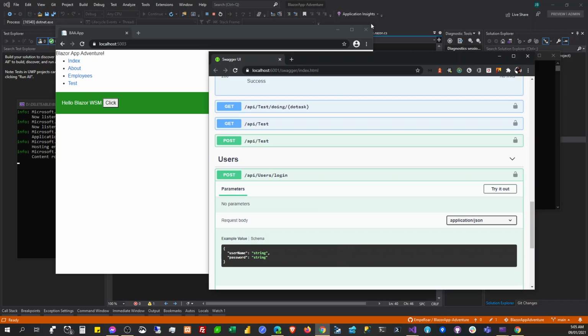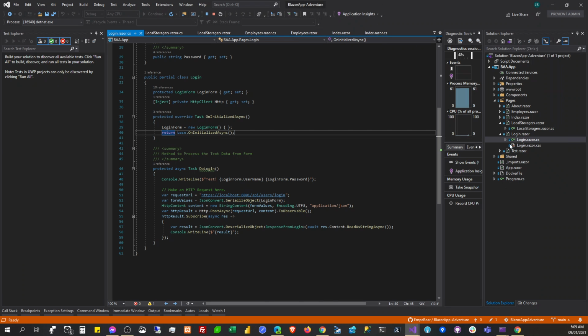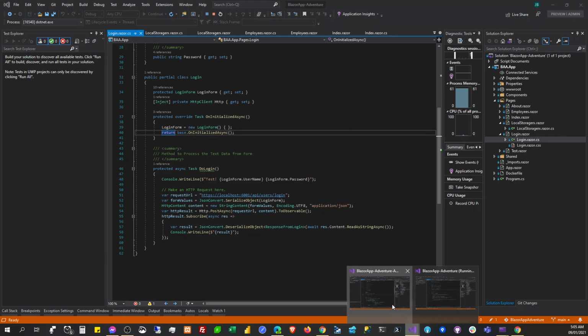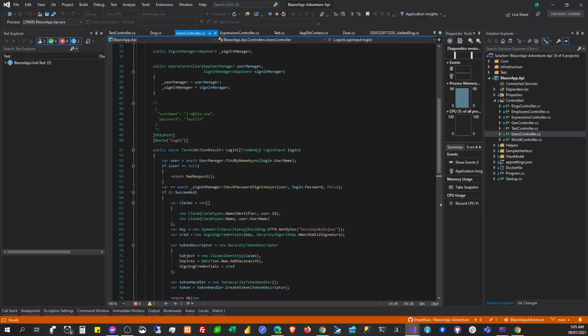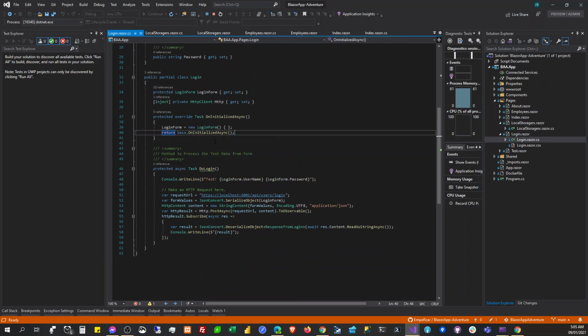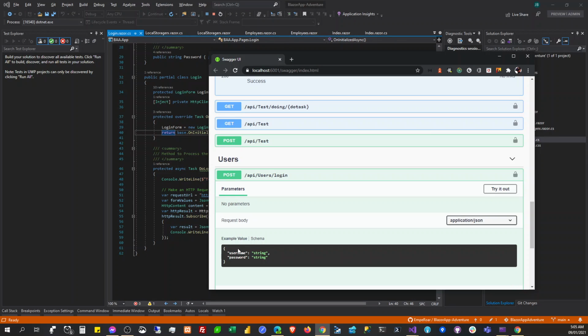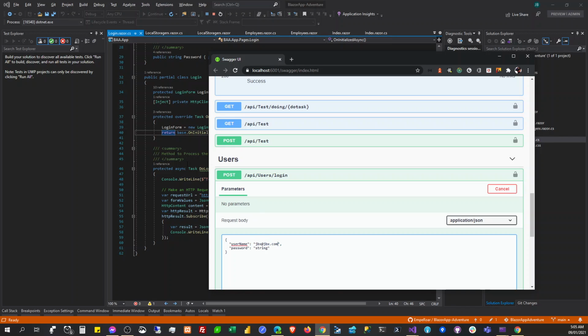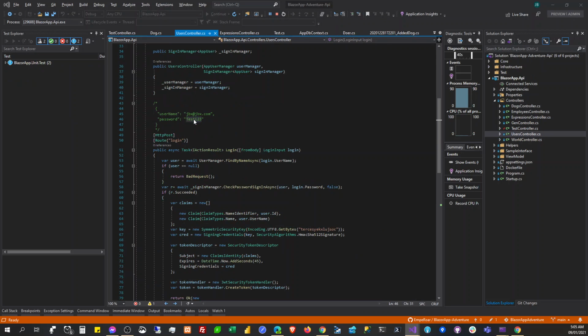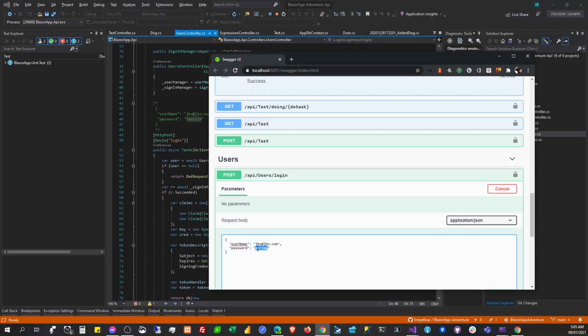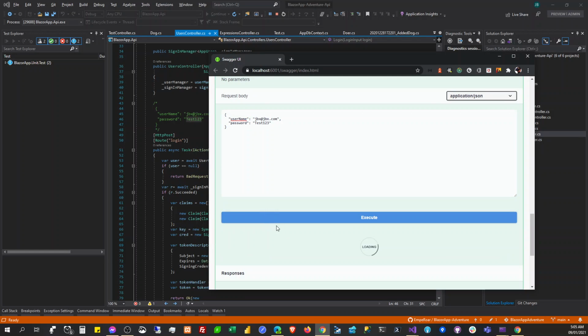So we're going to log in, and I believe we had it save our username and password here, so we're not going to generate again because we forgot the username and password. So we're going to put our username and password there, and then make a request,